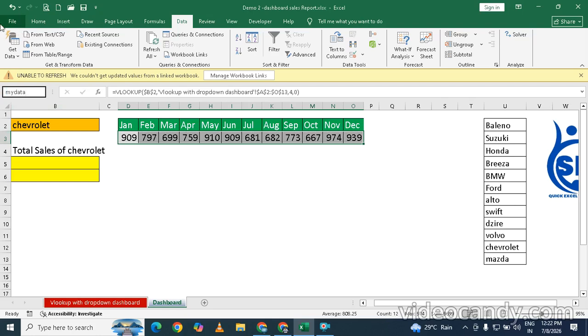You cannot give a space because it doesn't accept space. I've just given my data. You can give any name. Enter. So now this name has been specified as my data. So now